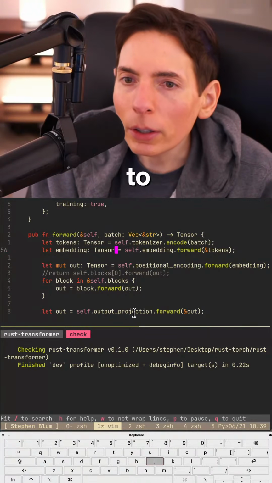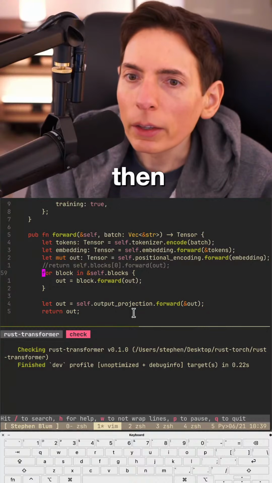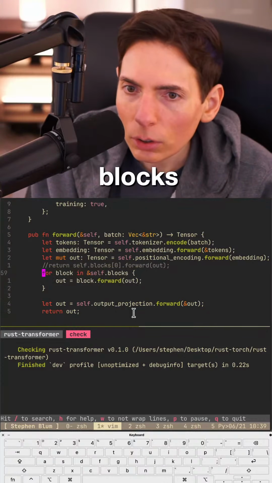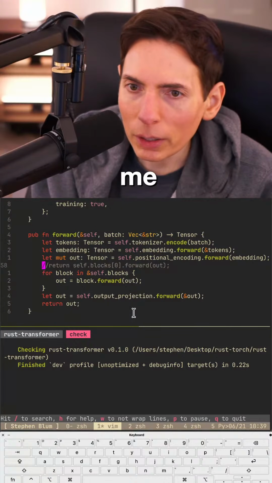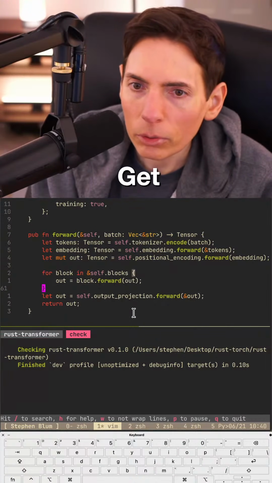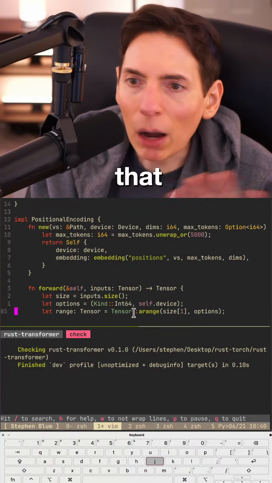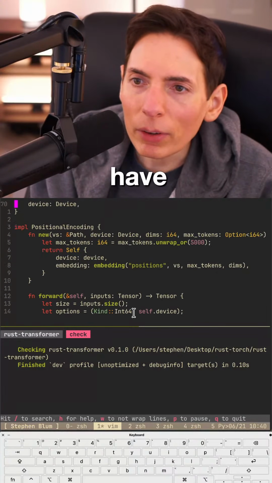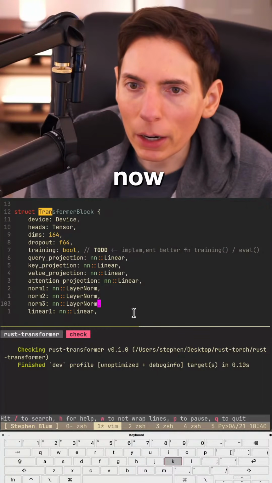All right, for tokens, embedding. Did we get our positions? Yes. Positions. And then we do our blocks, and then we get our output projection. Looks good to me. Clean it up a little bit. Positional encoding, that one's fine. That one's easy. We do have a max token size, but it's configurable, so we don't need to worry about that right now.